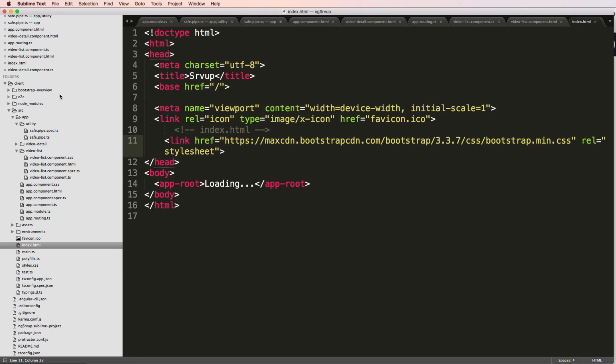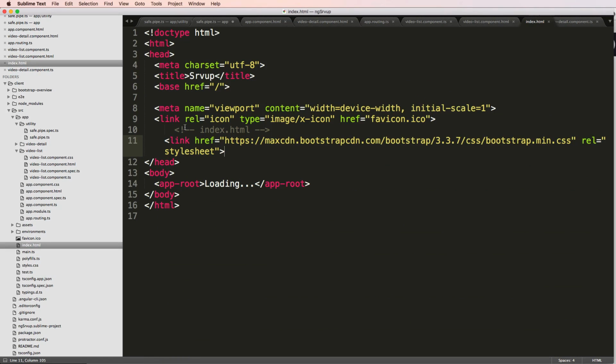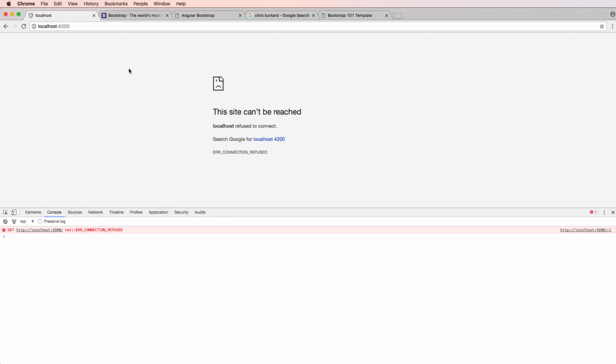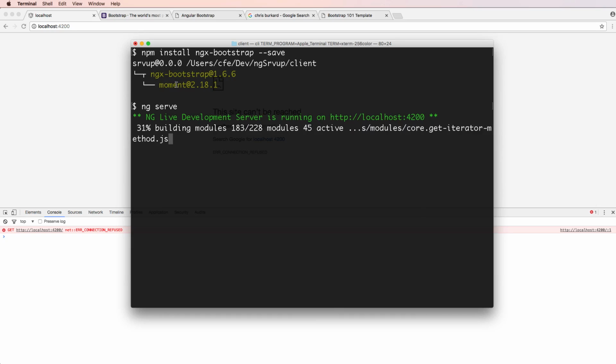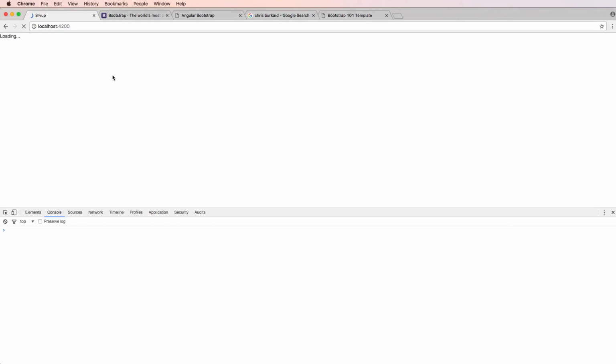I will also mention that if you did follow me in the last one, we do have Bootstrap overview. We did keep that index file inside of the project just in case you wanted to take a look at it on our GitHub. Now that I've got that, let's look at my project and make sure the server is running with ng serve, not ng-, but just ng serve. And also notice that Bootstrap was installed. It installed a couple things, Moment and ngx-bootstrap. And obviously notice the versions that I'm working in,